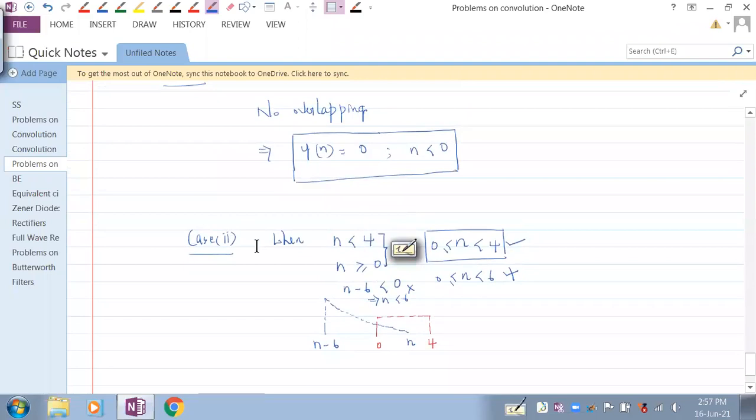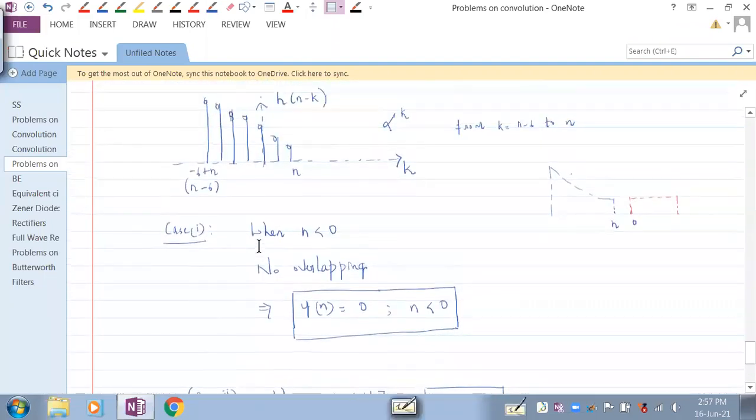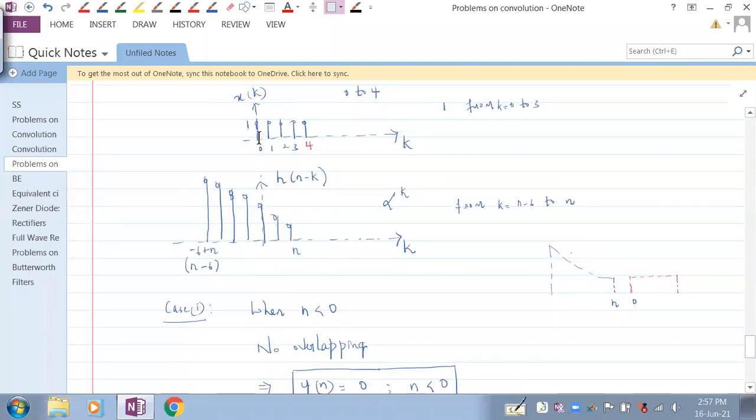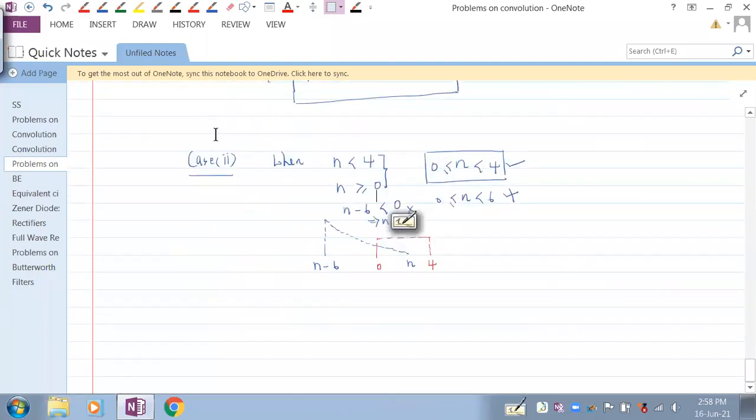The case number 2. In case number 2, we are considering n being in between 0 and 4. N being in between 0 and 4 means n can take value 0 also. N greater than or equal to 0 or less than 4. It should not be greater than 4. That case we shall see next. Okay, when n is greater than 0 or less than 4, we all know that n minus 6 is less than 0. So let's write that also, as we have seen here. If you consider these two, it is 0 to 4. If you consider these two, it is 0 to 6. So let's not consider 0 to 6 because we need to always go with analysis in shorter ranges.